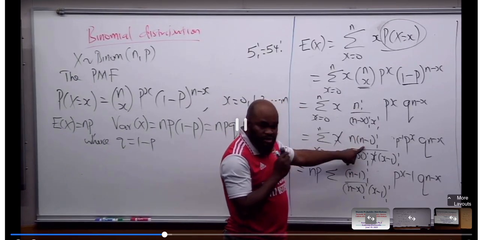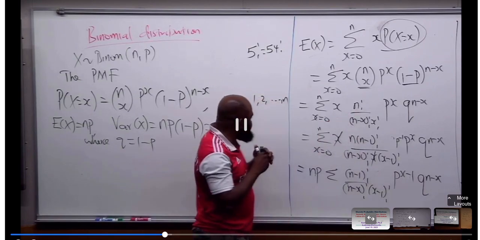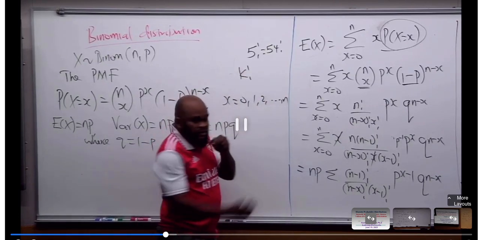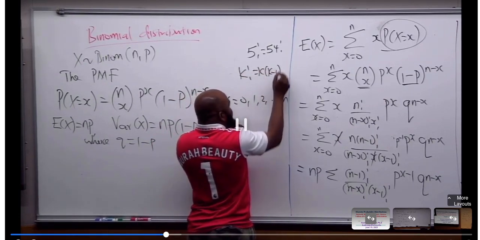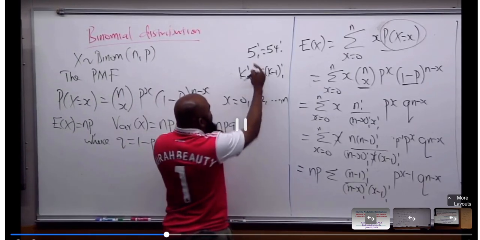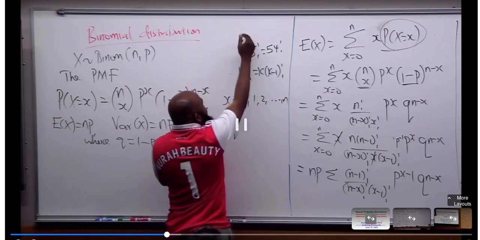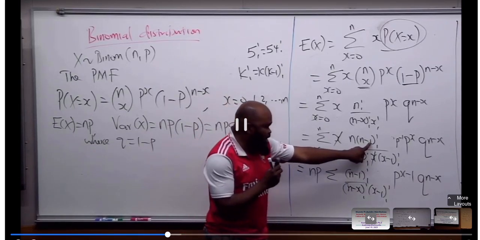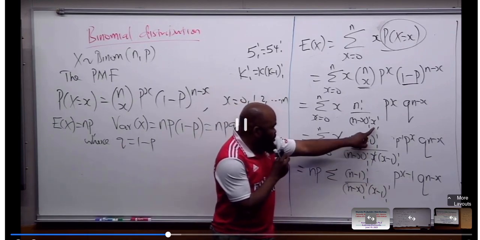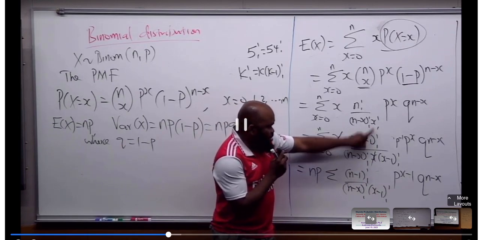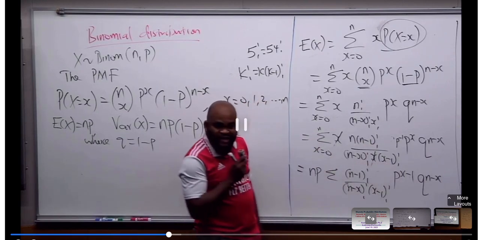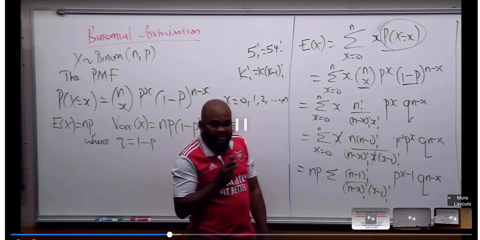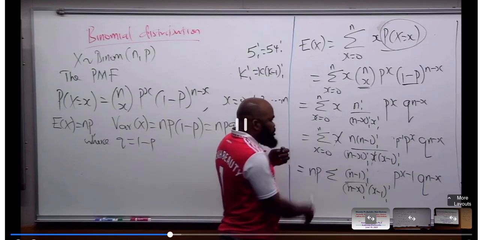Mathematically speaking, if I have k factorial, it's the same thing as k times (k minus 1) factorial. So for instance, if I have 5 factorial, 5 factorial is 5 times 4 times 3. I decided to stop here because I want this x to cancel this x. I can decide to go all the way. That's mathematics, so that is how. Now, for the variance,